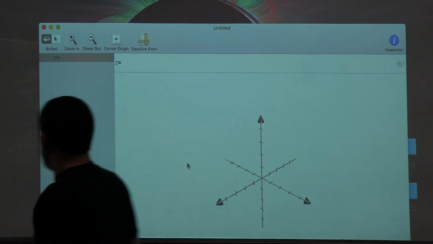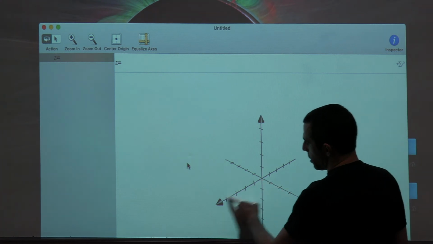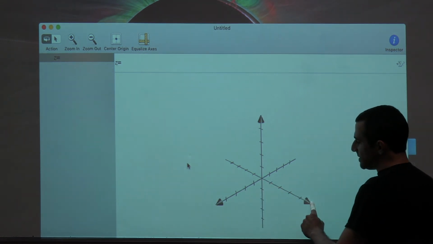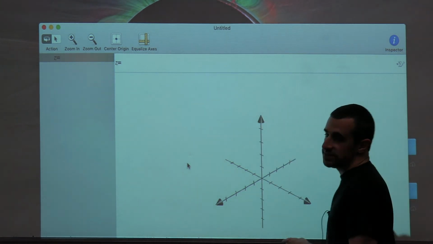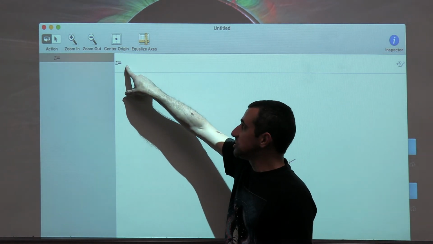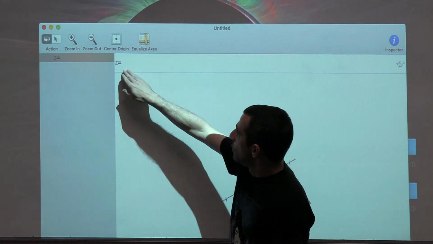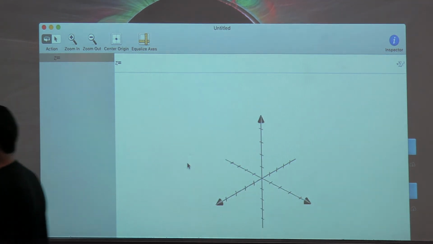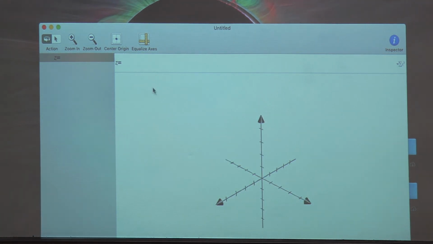OK, so in this picture, the arrow going this way is the x-axis, the arrow going that way is the y-axis, and the arrow going that way is the z-axis. So I'm going to go ahead and type in the equation that we just graphed over here. We've got z equals, I just have to type in x squared